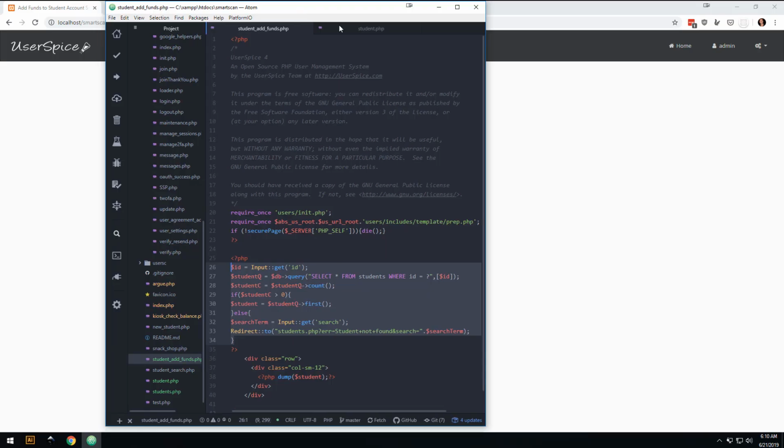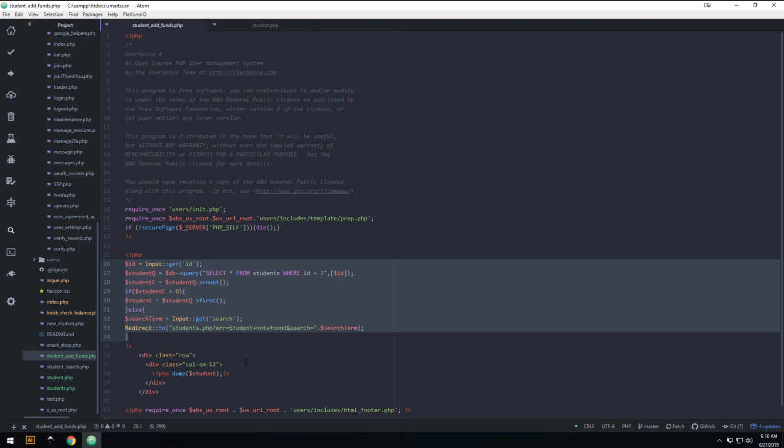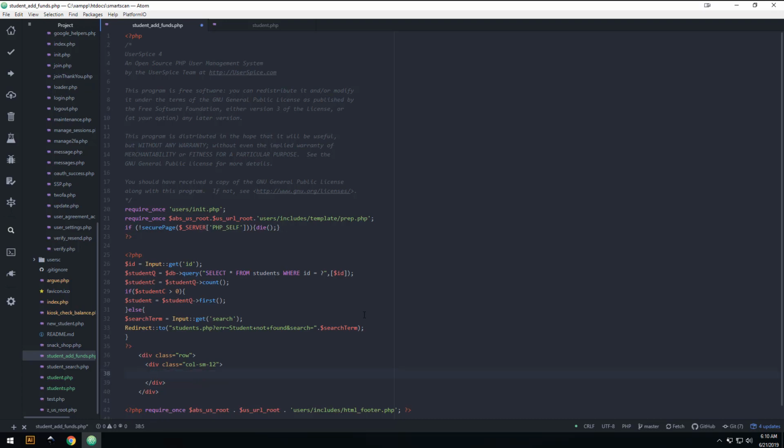Now really the only thing I care about is my ID and balance, but we could make it a little bit prettier. So what we want to do here is make it really clear which page you're on. So let's do an H1, and then align equals center, and then we'll say add funds to, and we'll come in here and grab this information. See, we already have all the information about the student. So what we can do is PHP echo student fname,